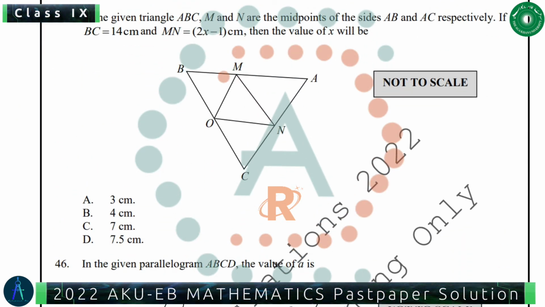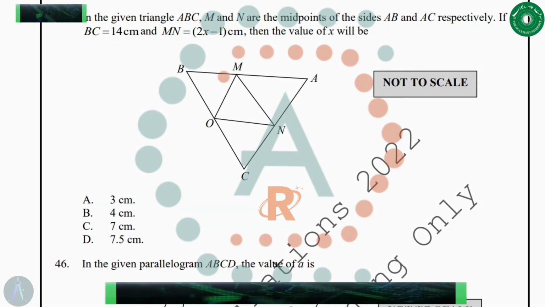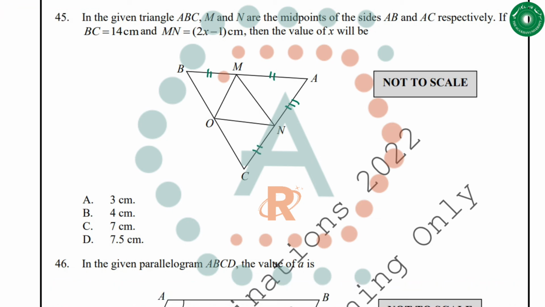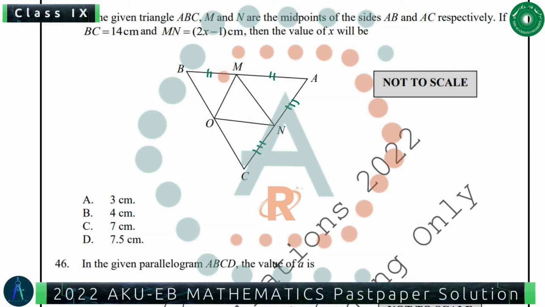In the triangle ABC, M, N are the midpoints of the sides AB and AC. So M और N ये दोनों जो है वो AB और AC के midpoints हैं. This means ये दोनों sides आपस में बराबर हैं और AN और NC ये दोनों आपस में बराबर हैं. If BC is equal to 14, B से लेकर C तक ये 14 है और MN is equal to 2x